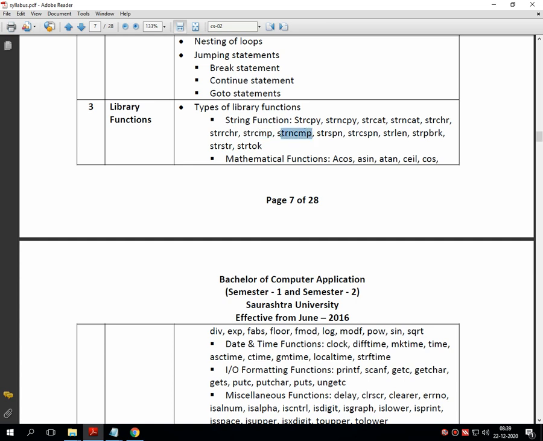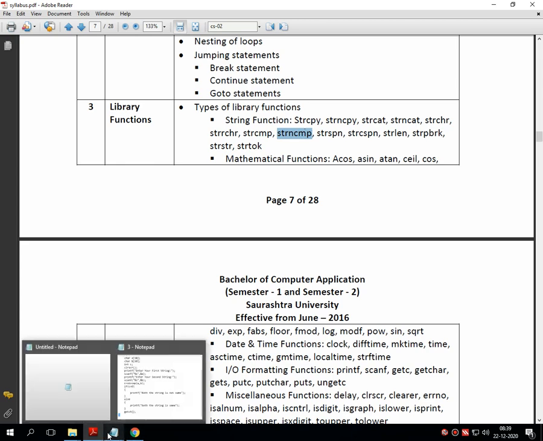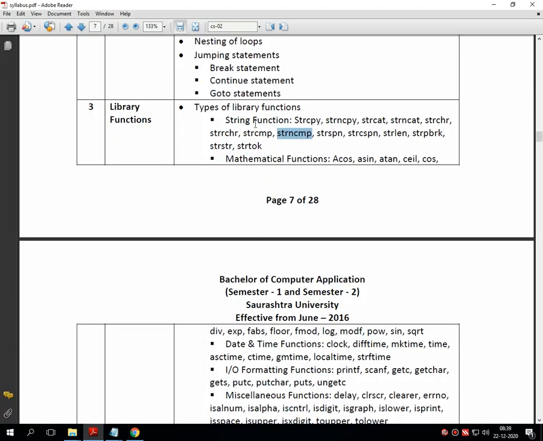Next is a similar function, that is strncmp. The difference between the strcmp function and the strncmp function is a single word difference. This strncmp function will compare the specified number of characters of the source string with the destination string, while the previous function compares the entire string from source to destination.